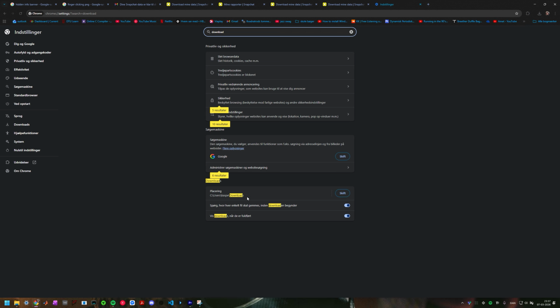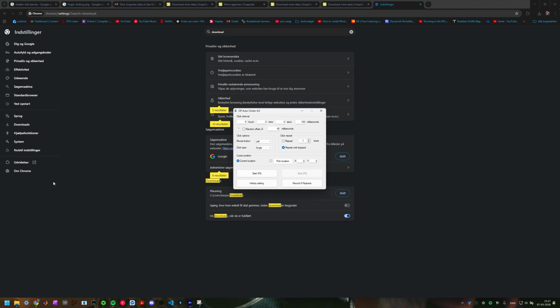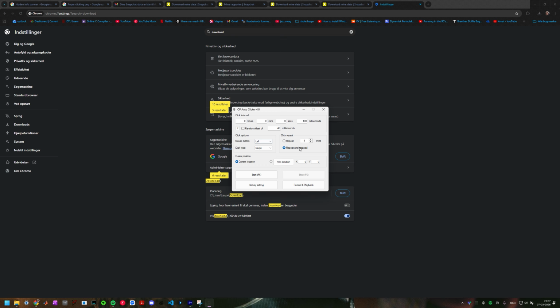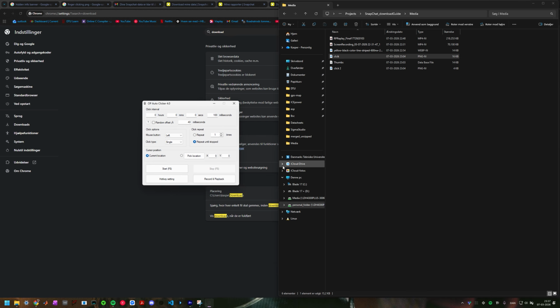It says ask for every file where it has to be downloaded. Then you disable this. Then I downloaded an auto clicker and I put it up here where it asks if I want to download another file. It will still prompt you to ask, so you just pick the location with the auto clicker, and then all your files will land in the same folder. Mine looked a bit like this,